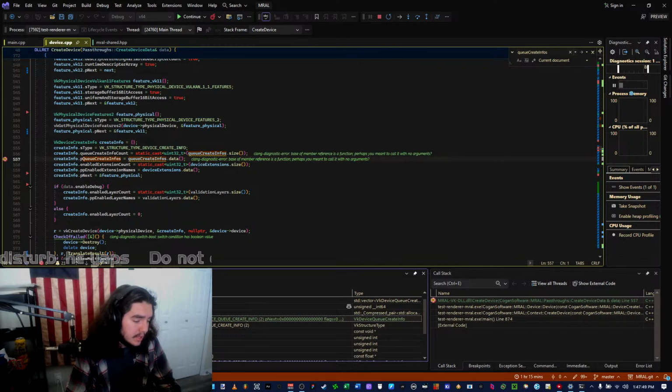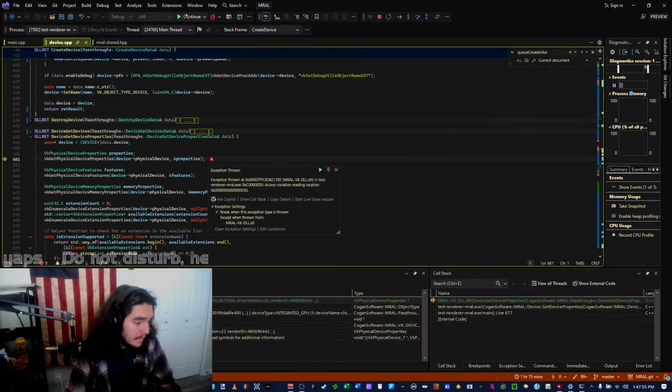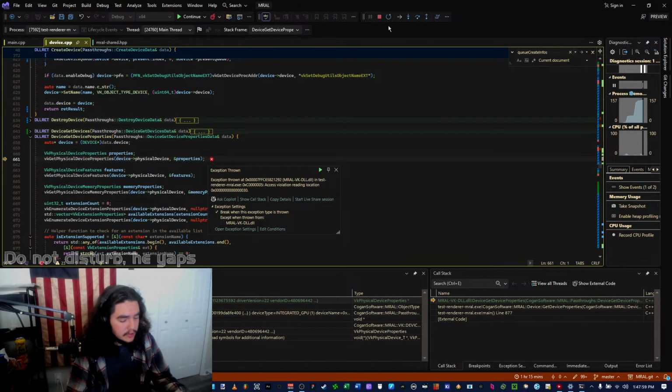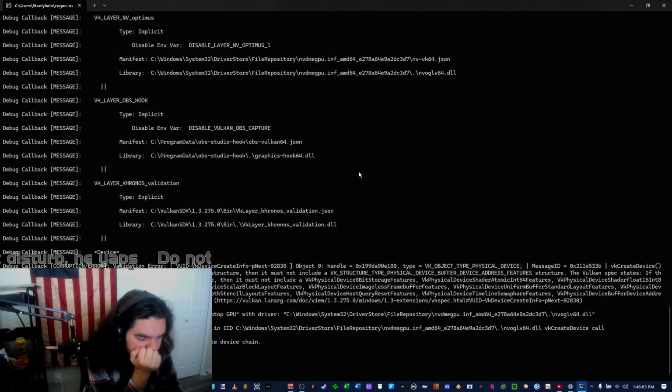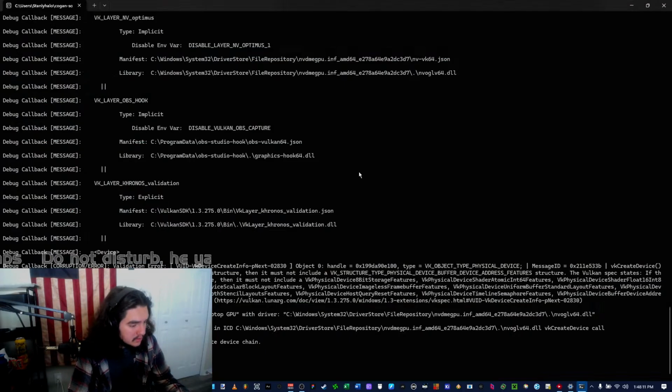I hope that creating all these queues won't be a huge problem. And it still hits that error. Okay, that's a new one.